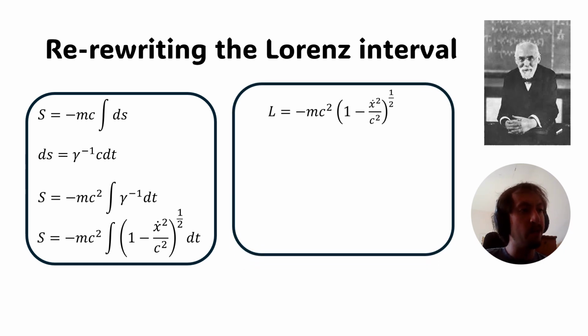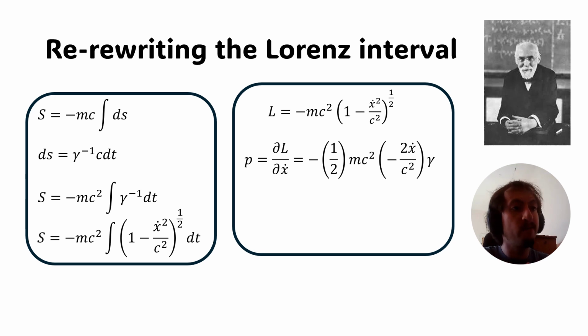Now, recall that the action we can write as being equal to the integral of the Lagrangian over time, and so if we look at our expression for the action, we can see that the Lagrangian should be the expression we have in our right hand box. And now we've got our Lagrangian, we can use standard techniques from classical mechanics to get the relativistic momentum and relativistic energy. So the relativistic momentum is defined by the partial derivative of the Lagrangian with respect to generalized velocity,